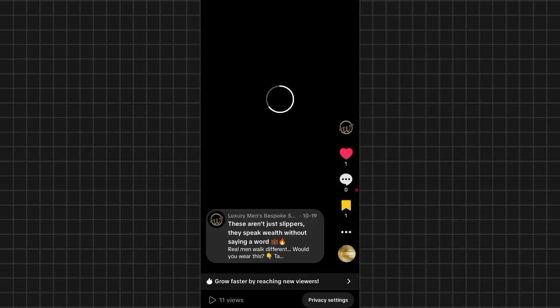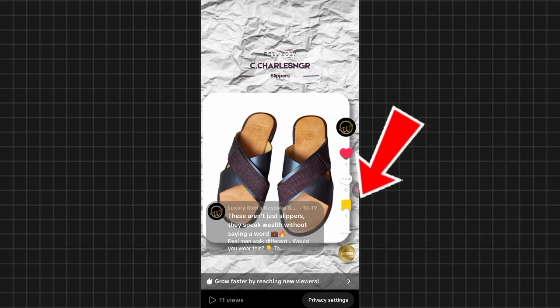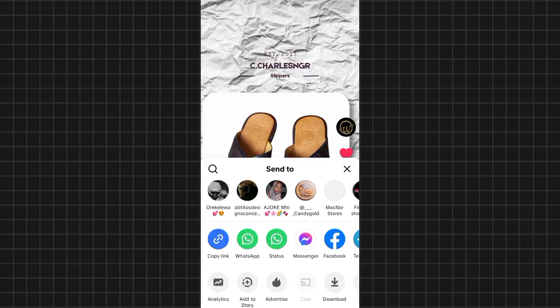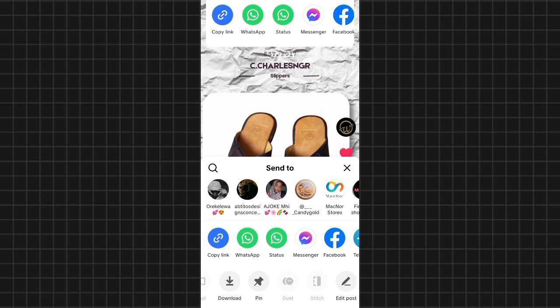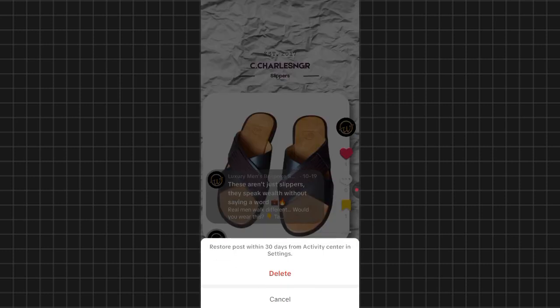is deleting them one by one by clicking on these three dots down here. Once you click on it, then you swipe to the left till you find the delete button. This is the first way, and this one is actually very stressful. You have to start deleting them one after the other. If you are someone that has a lot of videos on your TikTok, this might take a lot of time to complete deleting all the videos, but I'll be showing you another trick which you can use to delete all